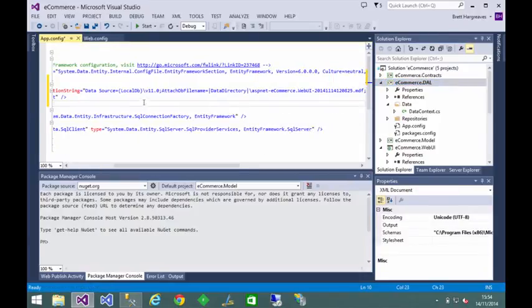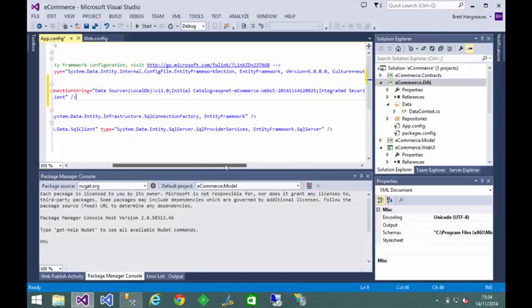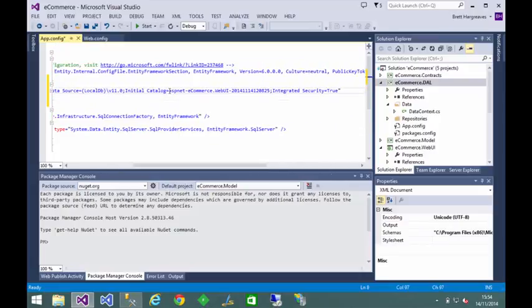Now by default it installs the database to localDB, which is a runtime instance of SQL Server that comes installed as part of Visual Studio. However, we want to make a few changes. We want to get rid of the attached DB file name because we don't really need that. And we also want to change the initial catalogue name because by default it's a very unfriendly name. So let's just get rid of that and call it e-commerce